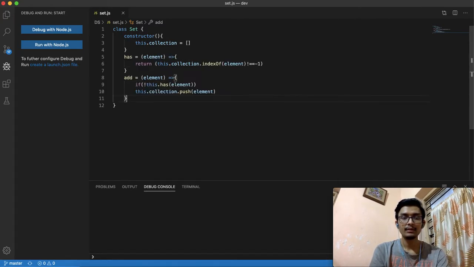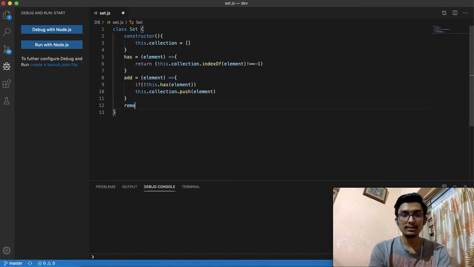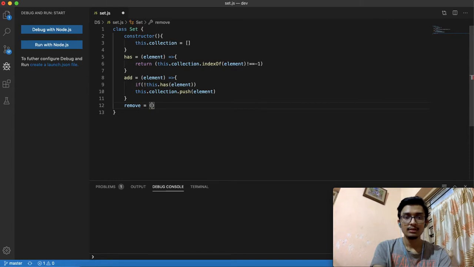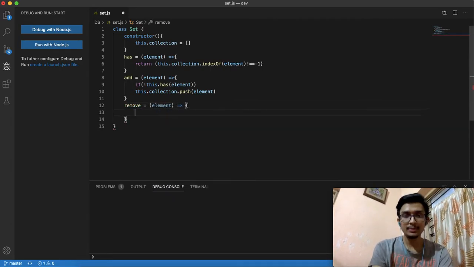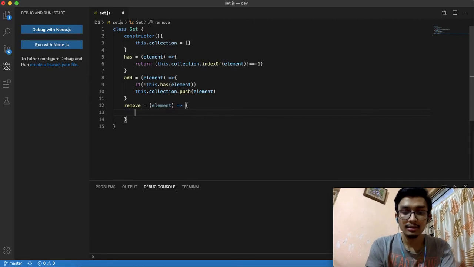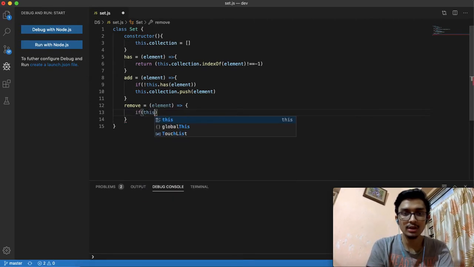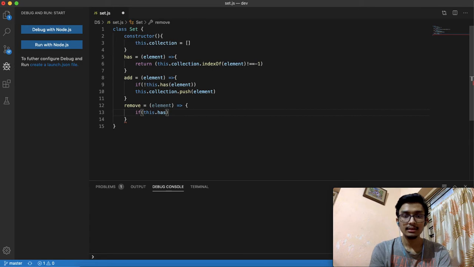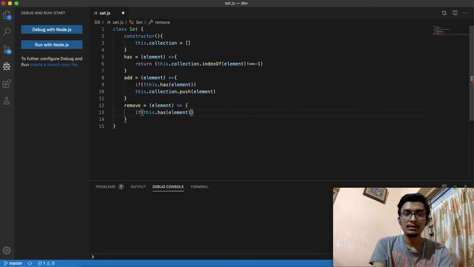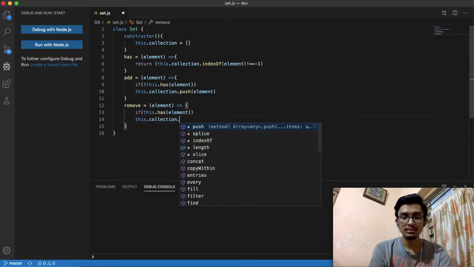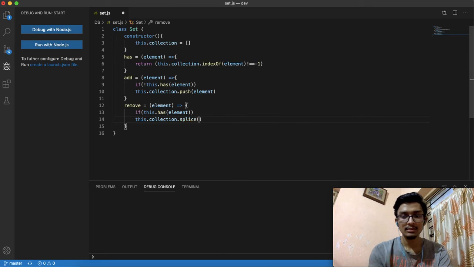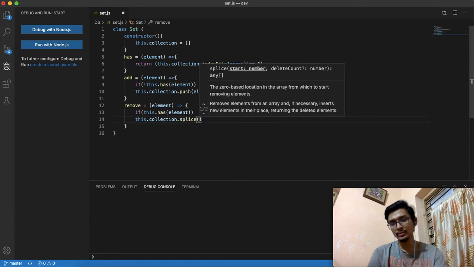Okay. Third functionality is remove functionality. So if an element is present in the array, then only I will remove it. So if this.has is true, then only I will remove it. Okay. So this.collection.splice takes in two parameters.